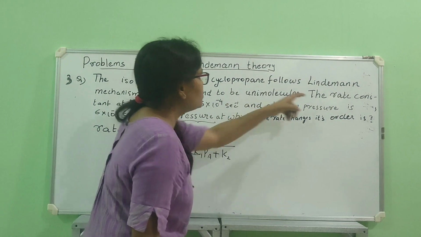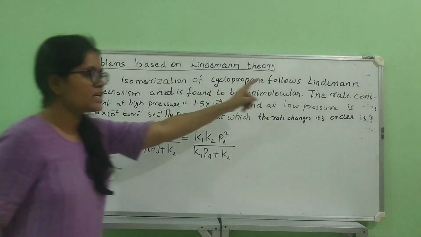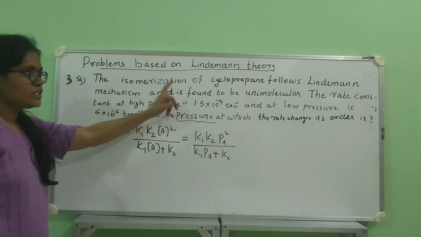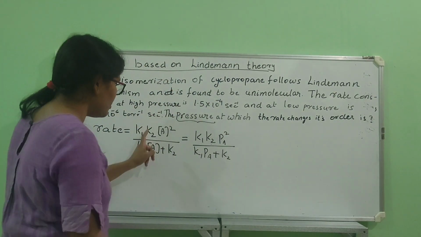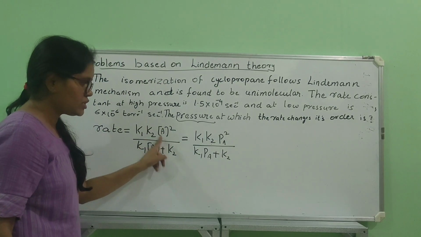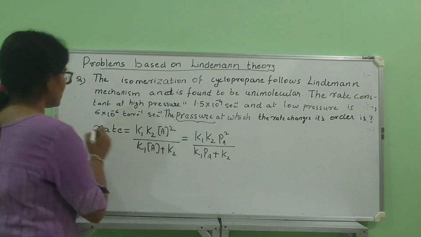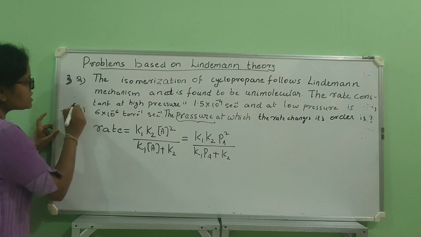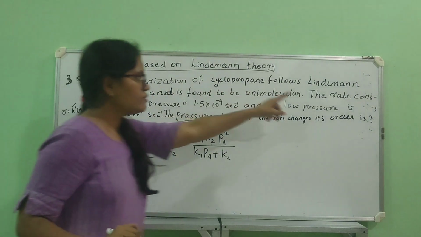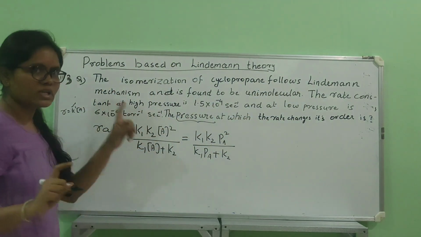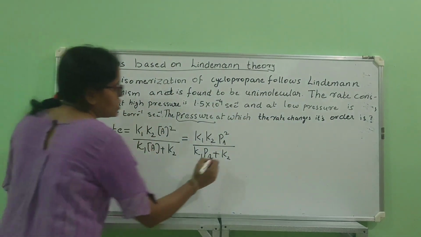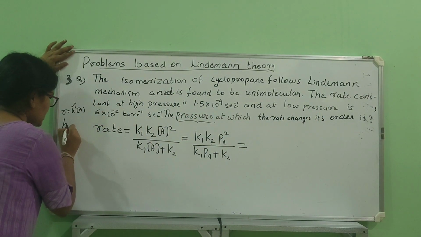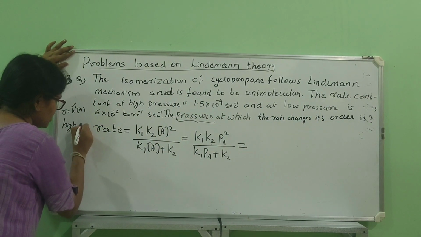So now you are given two rate constants. Mind you, these are rate constants, not effective rate constants. So what is the effective rate constant? You get the effective rate constant when you compare this theoretical rate equation with the experimental rate equation, that is R is equal to K dash into A. So this is the effective rate constant. But you are given only rate constants, so you need to consider only the theoretical rate. So let us consider this condition as high pressure.